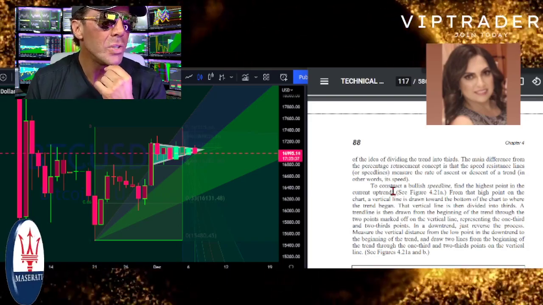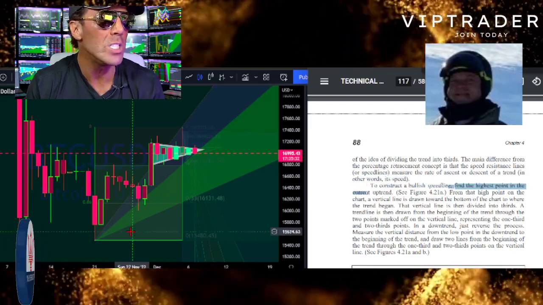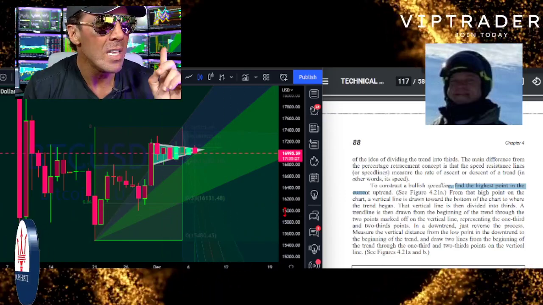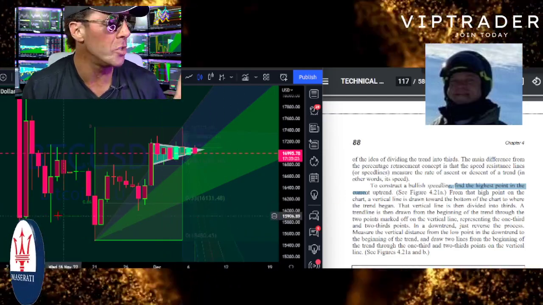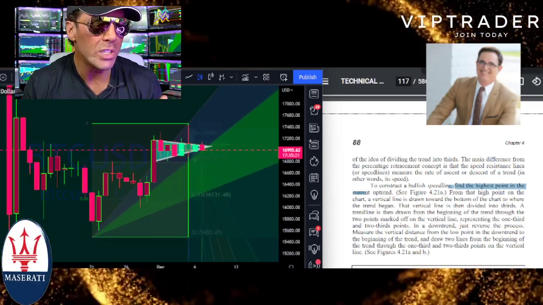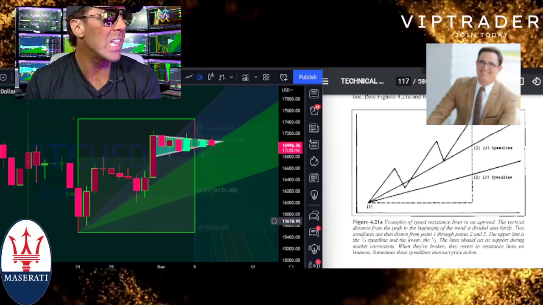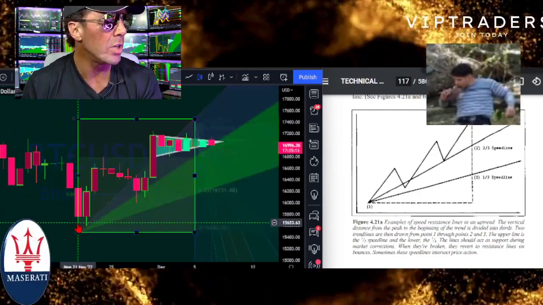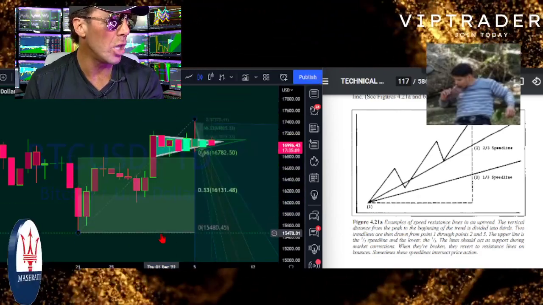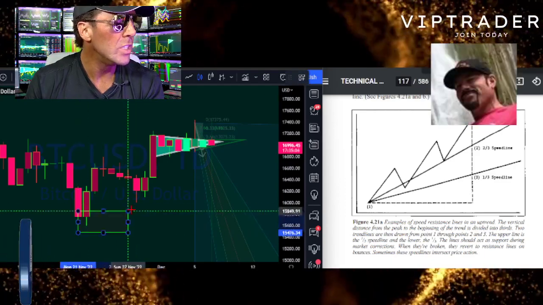Now, to construct a bullish speed line, find the highest point in a current uptrend, from where the trend began. The vertical line is then divided into thirds. Now, what we will do on the left is we will construct, please pay attention, a line on the daily from the low. We will restart here. We will start from the low. We will construct from the low to the high